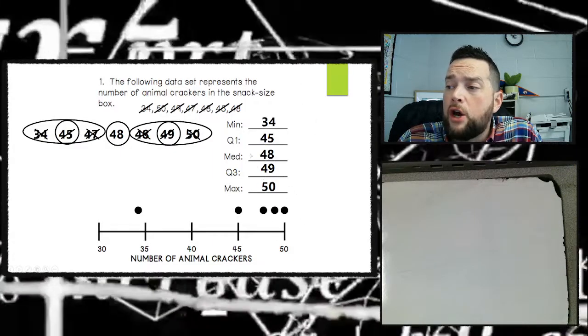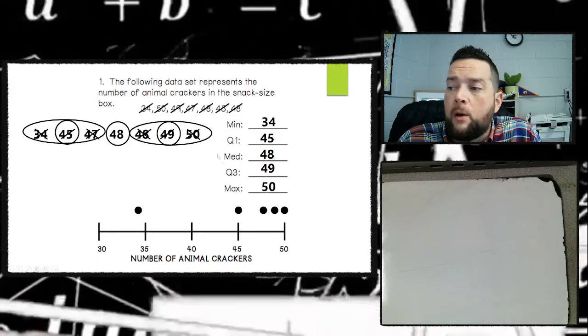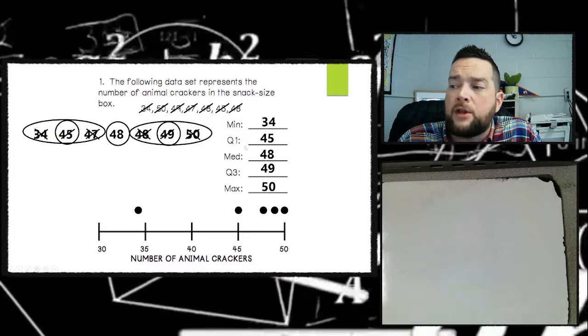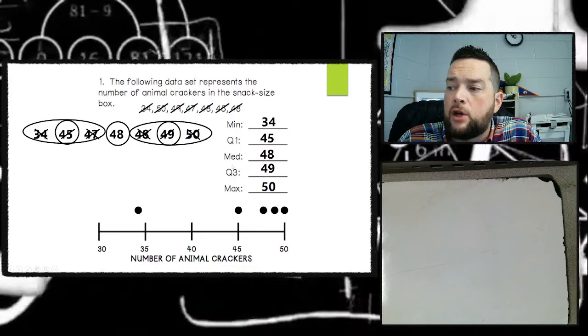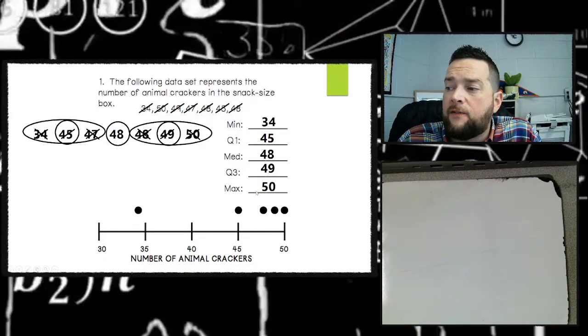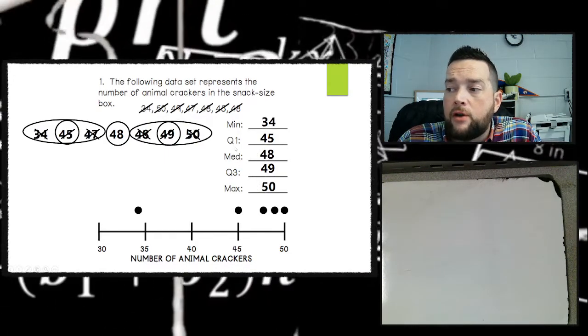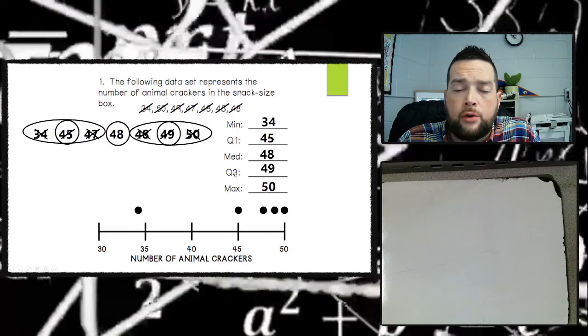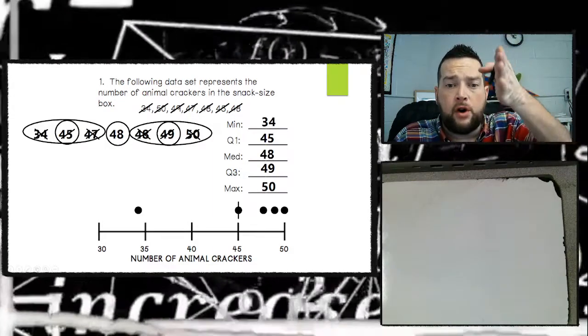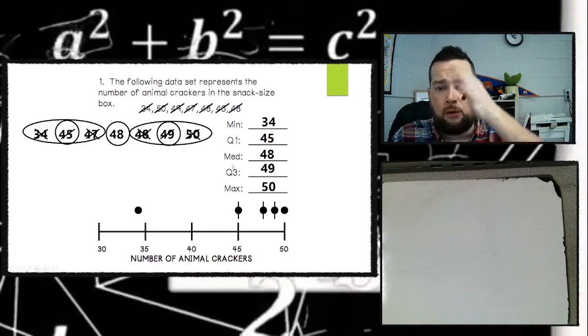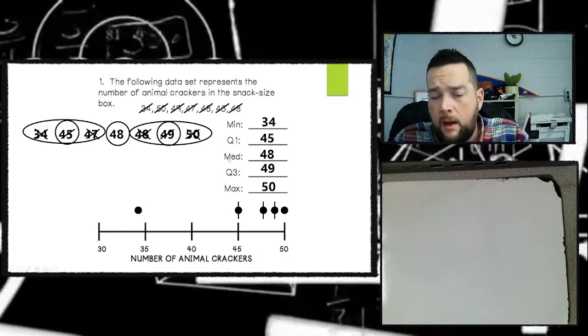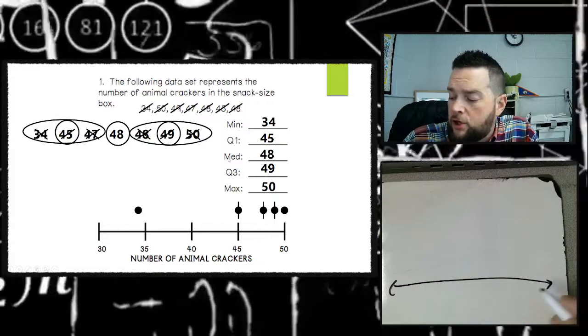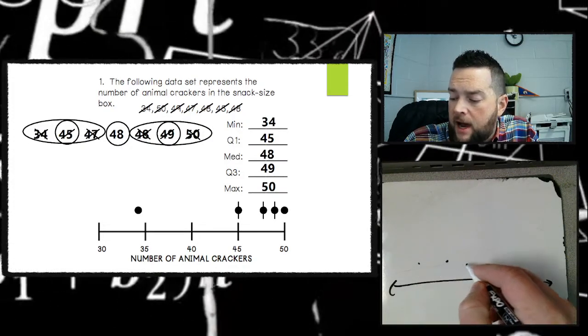Then you're going to go to the middle 3. And when I mean the middle 3, I'm talking about the Q1, the median, and the Q3. You're going to identify the dots that are the Q1, the median, and the Q3, and you're going to draw vertical lines through them, just like that, little small vertical lines through them on top of the number line. So you've got your number line. If I have my 5 dots,